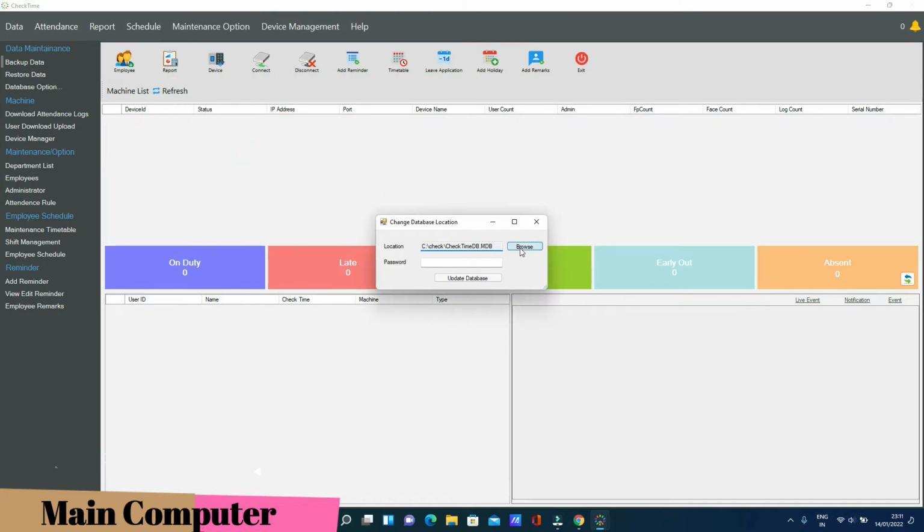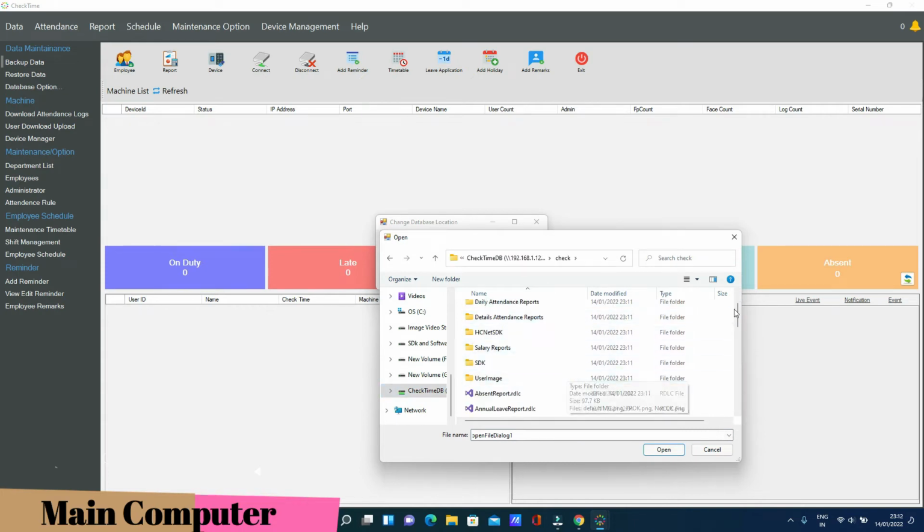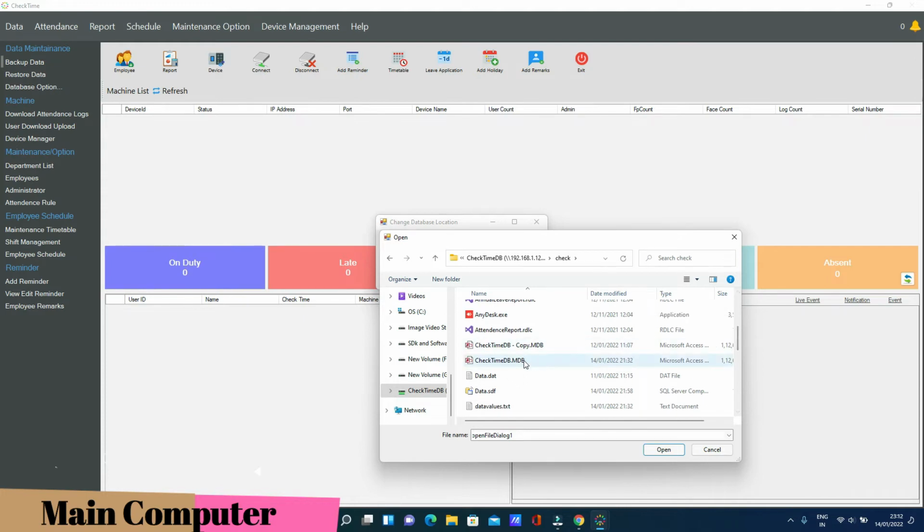From here we change our default path, which is the C drive. Now we're going to change this path to the network drive. So we go to our network drive. You can find something like this. Click from here, then find the file checktimedb.mdb. Open it.